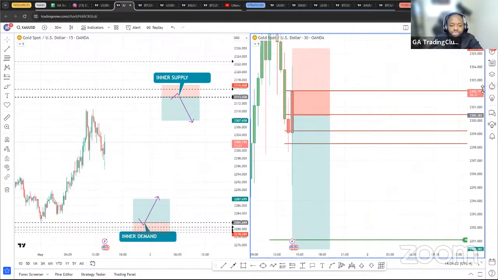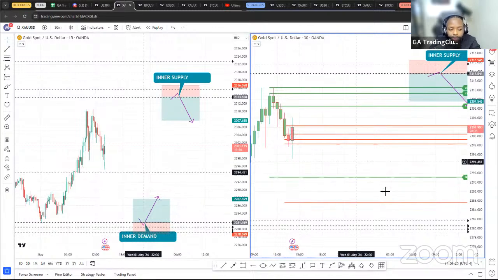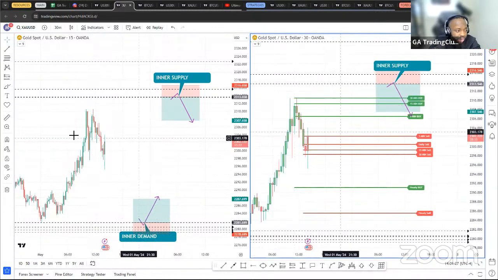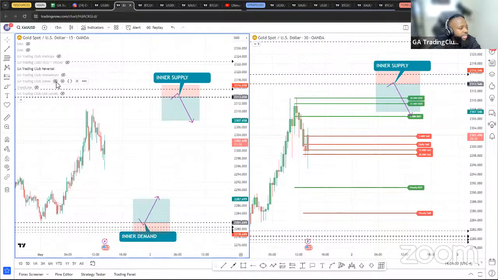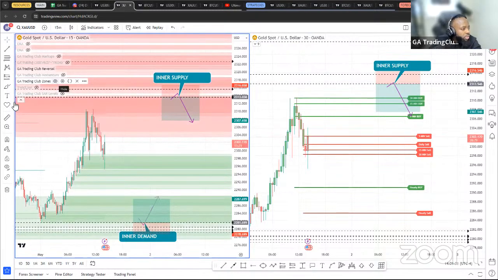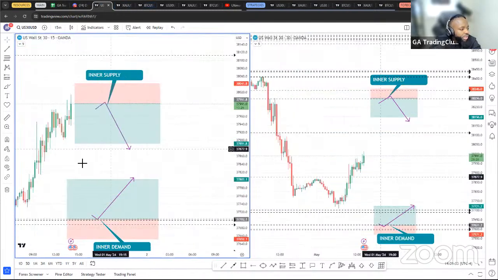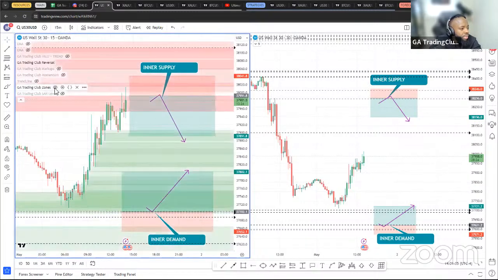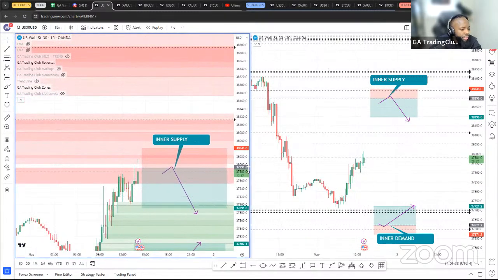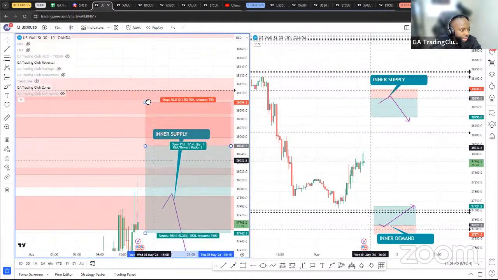So what is going on now is pretty much just manipulation. But let's observe that 2300 area and see how price moves. So let's update, give me 1 second. Let's update these zones from scratch. So for US 30, let's move it all the way up here to